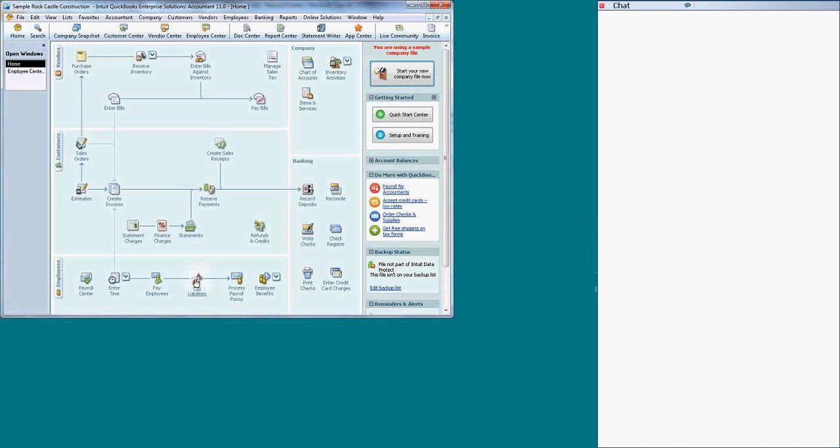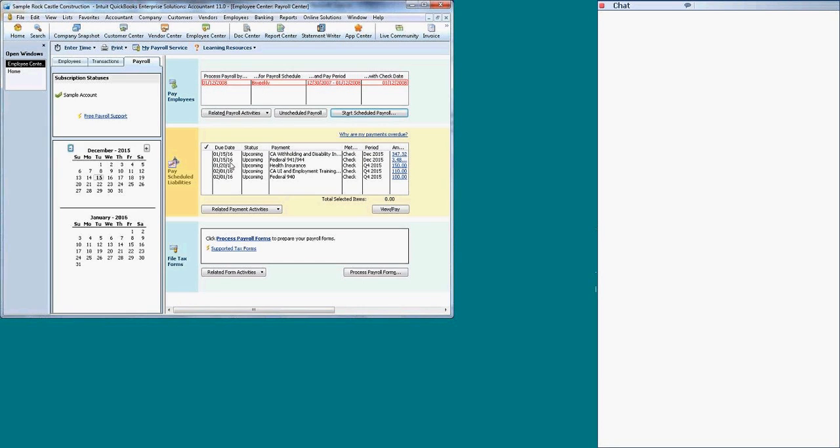When you click on Pay Liabilities, this screen will tell you exactly when you're supposed to pay, what you're supposed to pay, and how much. You see the due date on the left side. You see the status. If you're late, it will be marked as red, and it will tell you it's past due. And then you will see